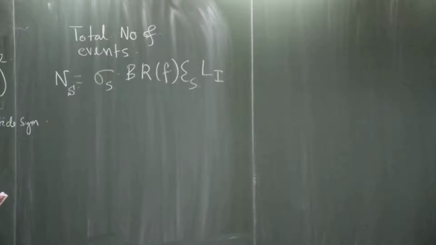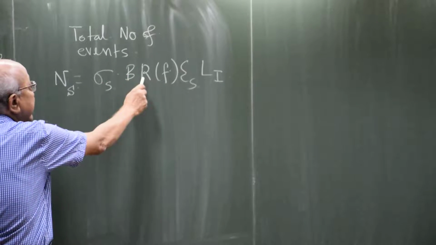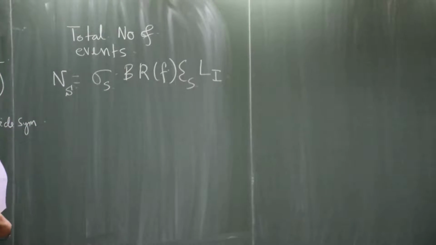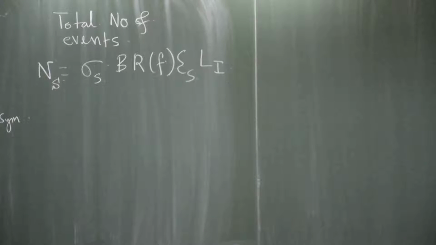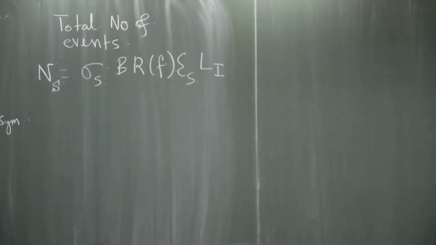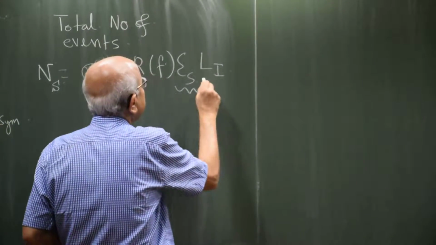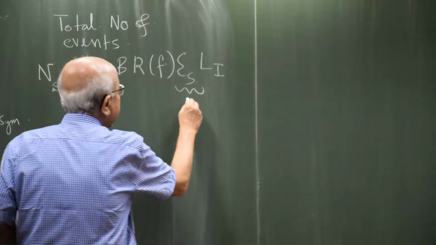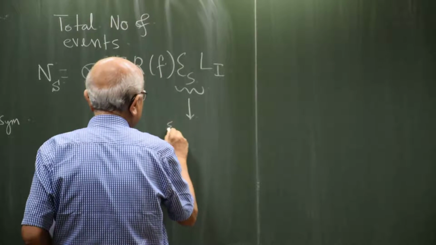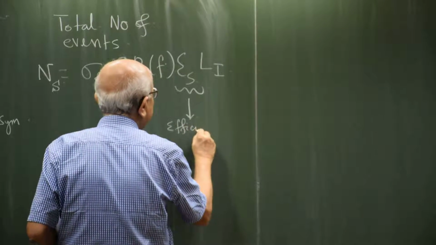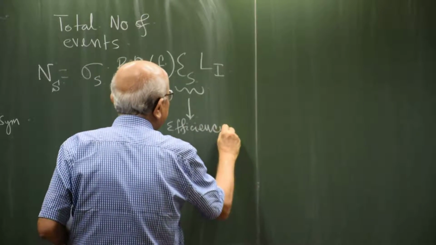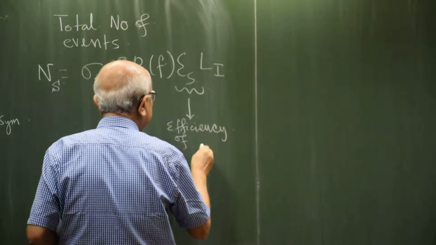If you are interested in the number of Higgs coming from Higgs production and Higgs decay, then this is the Higgs cross section. This is the branching ratio of Higgs decaying into a particular final state F. F, for example, could be 2 photons. But the important quantity is this, and you can call it the efficiency of